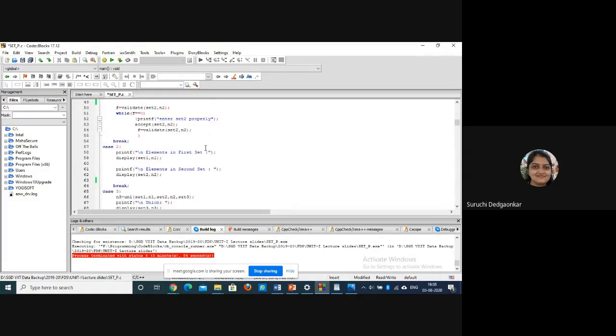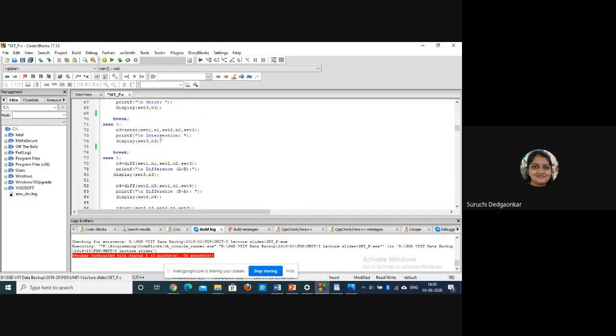So we will go to case 4 again, which is for intersection. In case 4, we are calling the intersection function where we are passing actual parameters. This is the call. Set 1, n1, set 2, n2, which we have initialized, will be passed here, and set 3 will be created with n3 parameters.